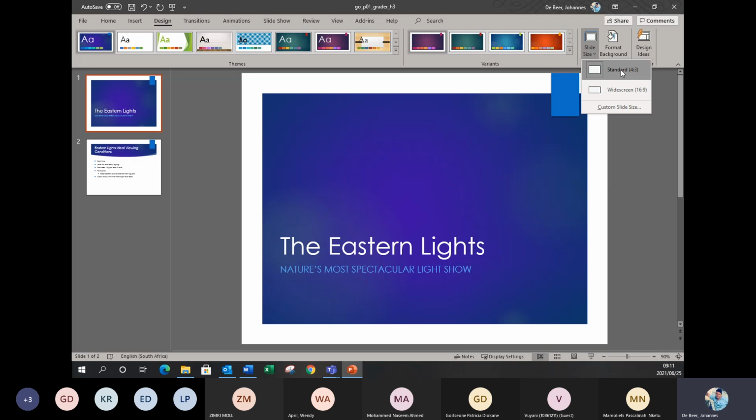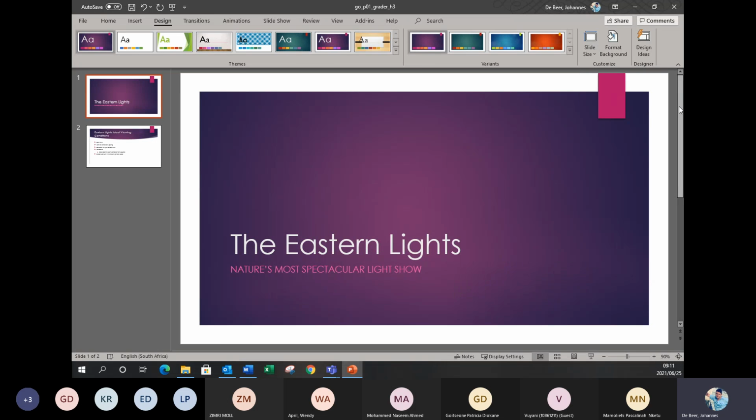But if you're using it on a more modern laptop, where you're just going to use it to display something on your laptop, you can go to widescreen as well. All right, so I'm going to go to widescreen. I just want to show you, well, this is where students got caught in the assignments. Now, as soon as I go to widescreen, you can see my whole presentation has gone wide,